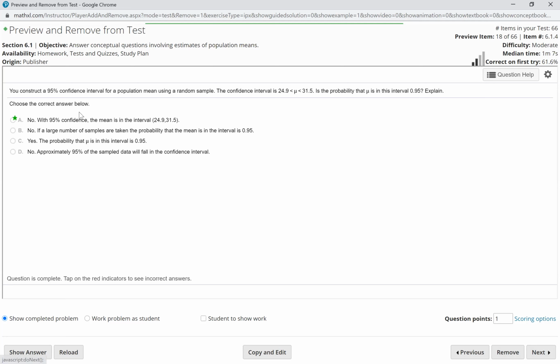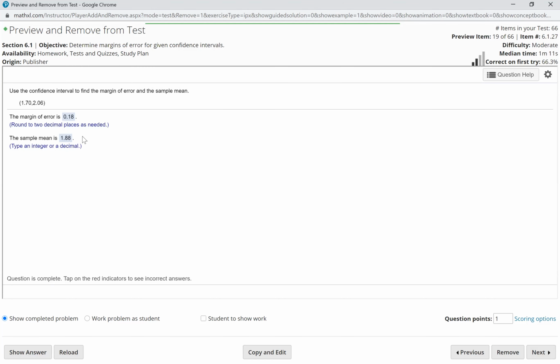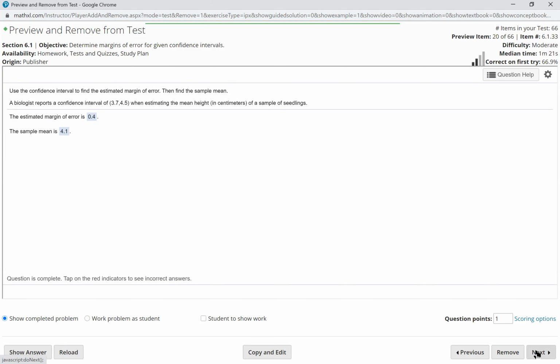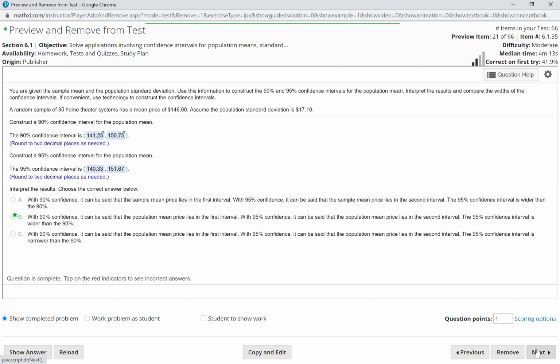This kind of question, guys, will be the 10-15 second question that I'm talking about. If you have a confidence interval, how do you find the margin of error? You just subtract the lower part from the upper part and divide by 2. How do you find the sample mean? You add them up and divide by 2. Same question. Now,